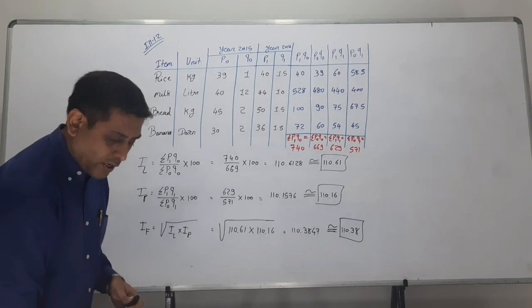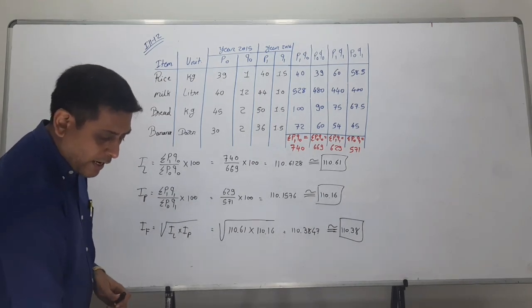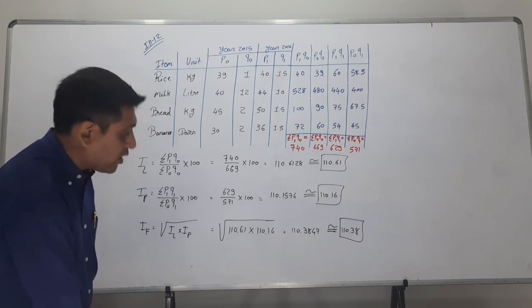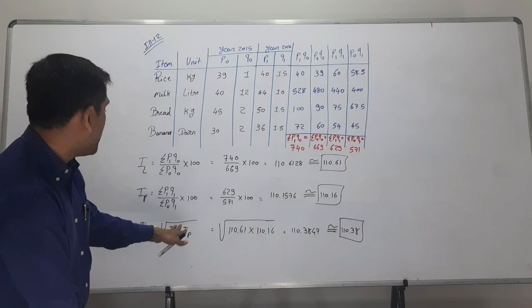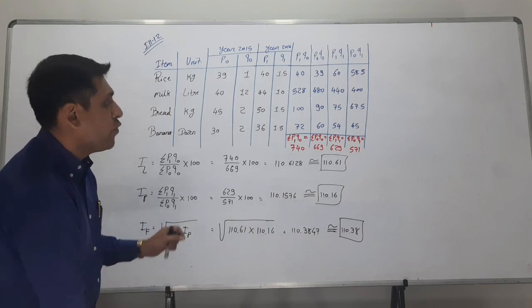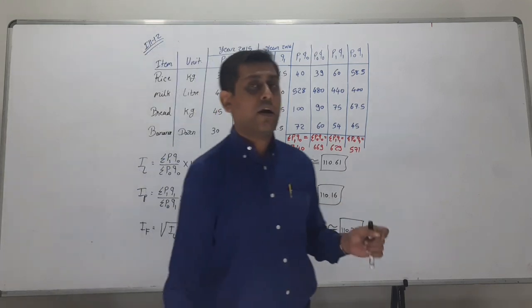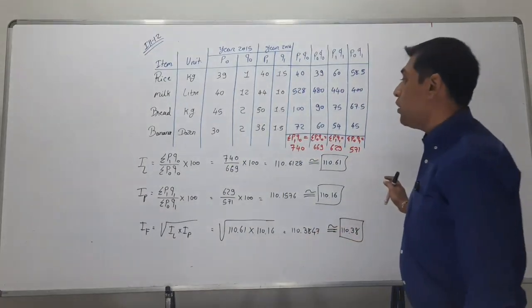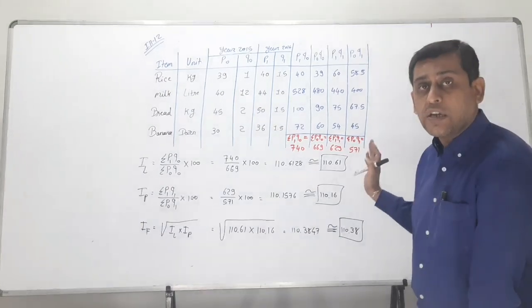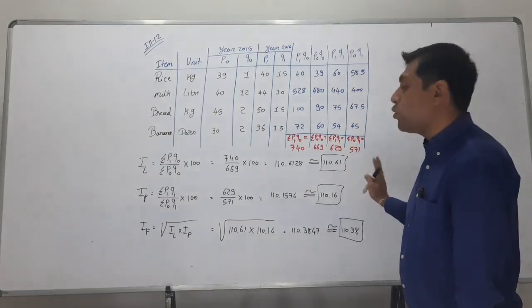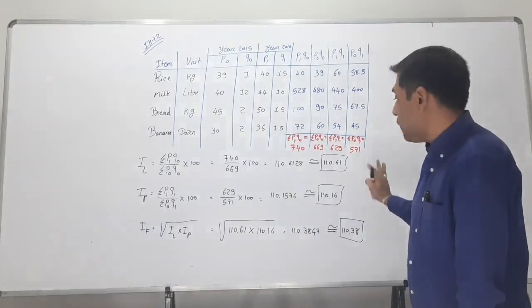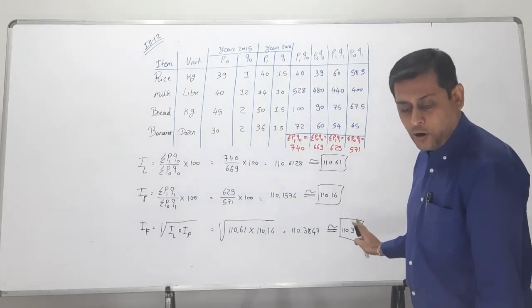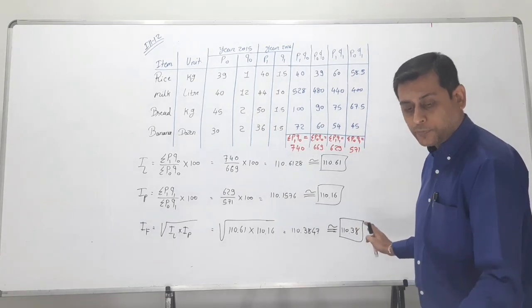See the question again. From the data, find out the Laspeyres, Paasche and Fisher index numbers. Here we are finding out Laspeyres, Paasche and Fisher index numbers, so we don't have to subtract 100. Only if they ask you to interpret it, or find out how many percent increase or decrease, then you have to subtract 100 from that. Otherwise, this is your answer. Okay, so first of all, write this down.